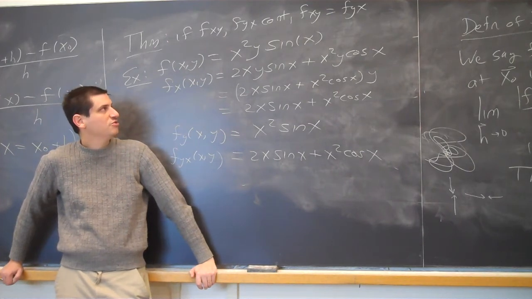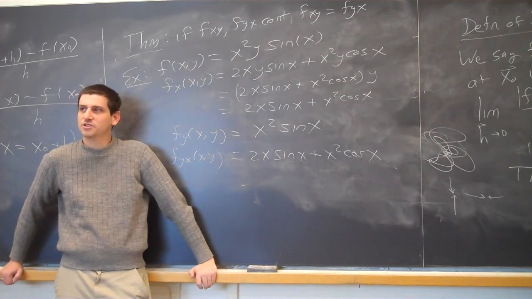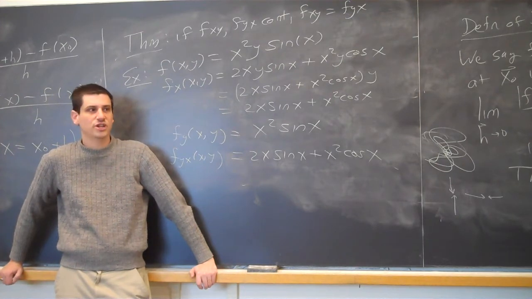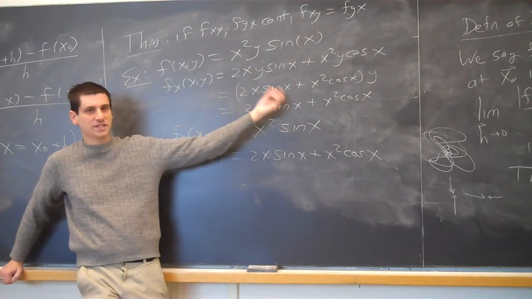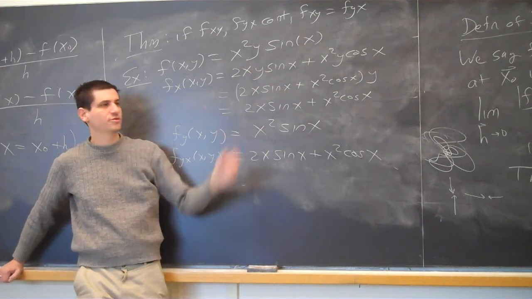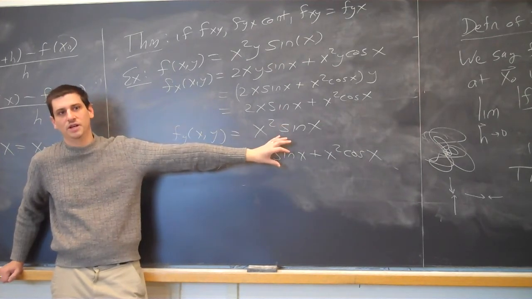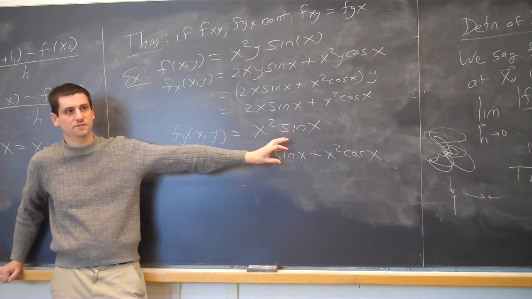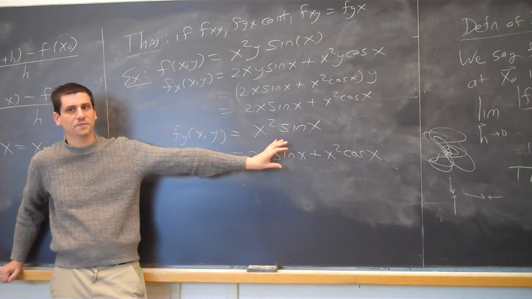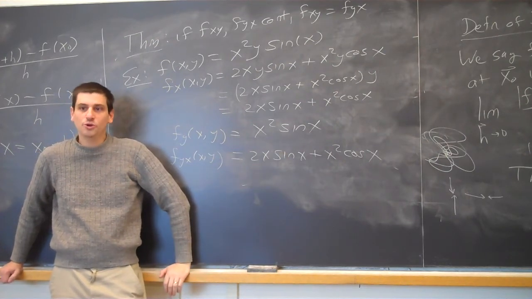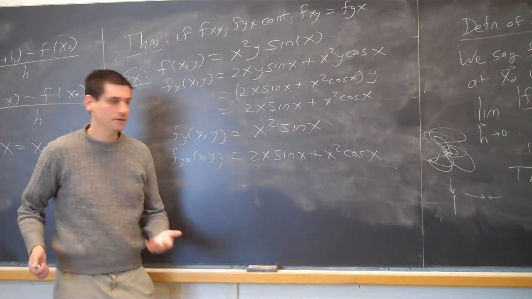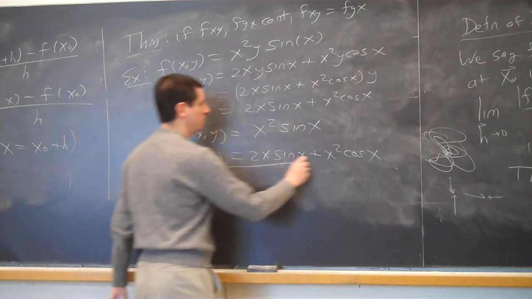I'd probably rather take the derivative with respect to y first and then with respect to x. Just looking at that y all by its lonesome, I take one derivative, I still just have one piece. If I take derivatives with respect to x, I have several pieces, and then I have to take the derivatives of y. I think I have a little bit less algebra to do this way. The less algebra I do, the less likely I am to make an algebra error. I don't get better the more algebra I do, right? So think about the order in which you want to do things. Often it doesn't matter, but sometimes one way will be a little bit better.